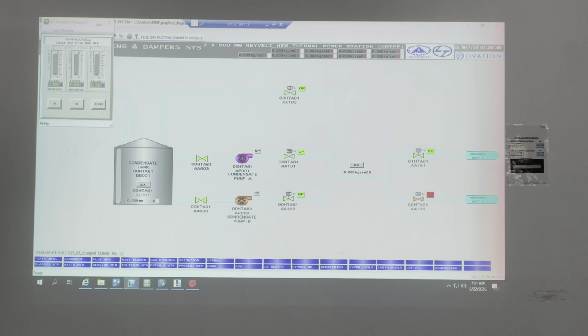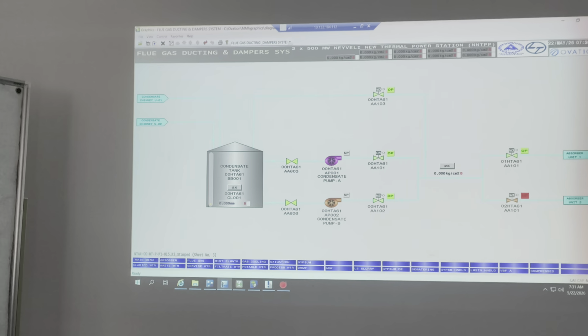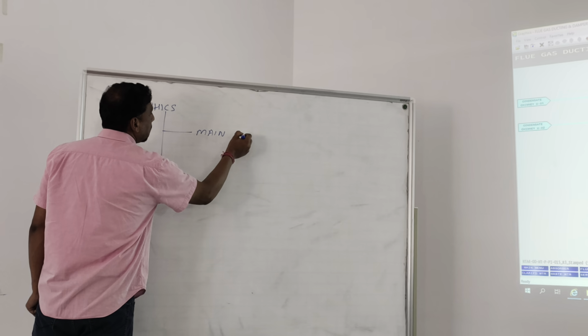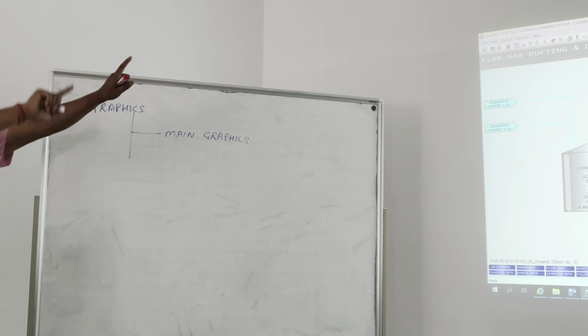Now let's see how to make these graphics. See, guys, this main graphic, this is the page, this we say main graphics. In graphics, you have two things. One is the main graphic.